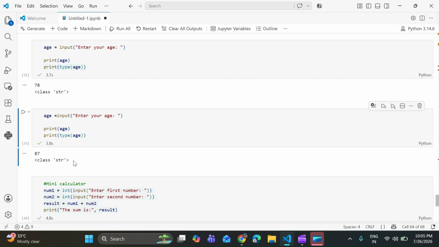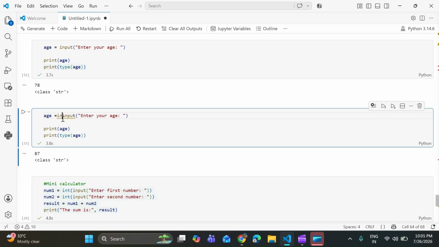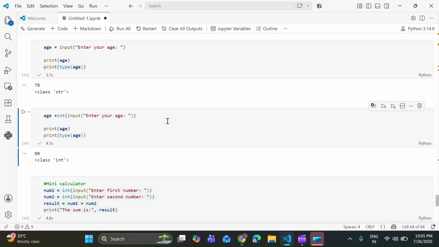Now I pass the integer function to change the input type. That's why typecasting is important. We use it whenever we need a numeric value or numeric input.